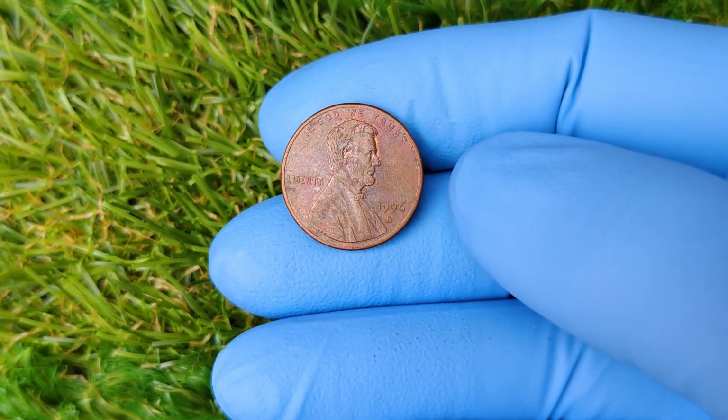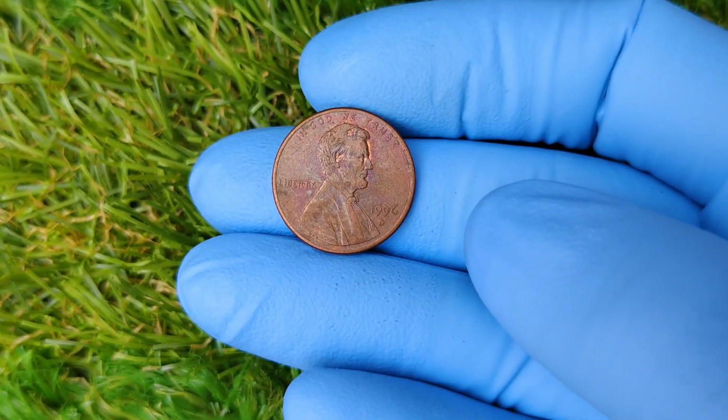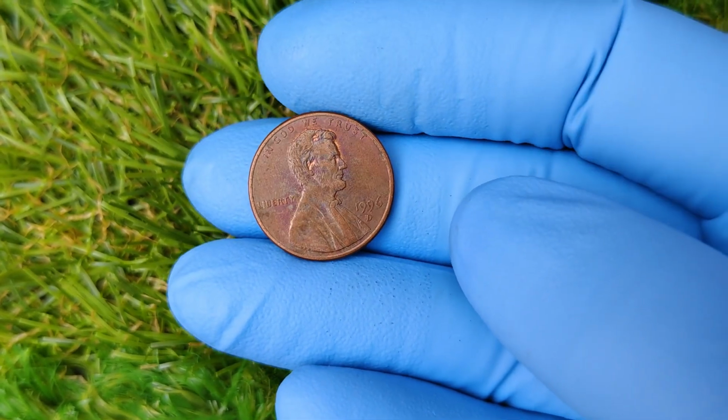under the right circumstances. If you have one of these coins lying around, it might just be time to check its condition. And remember, whether you're a seasoned collector or just starting out, every coin has a story waiting to